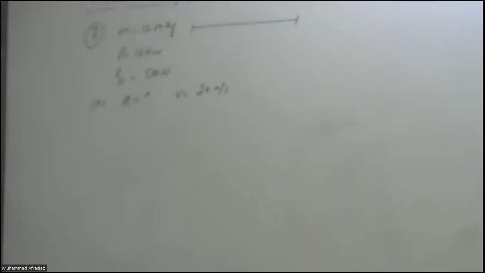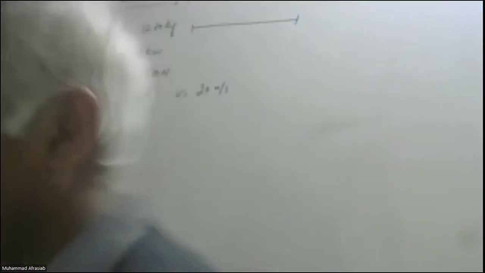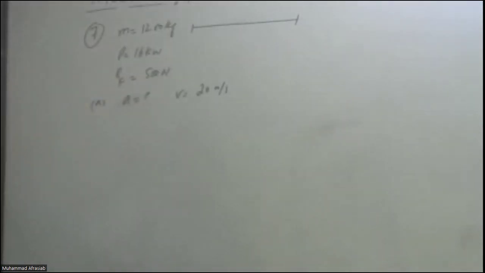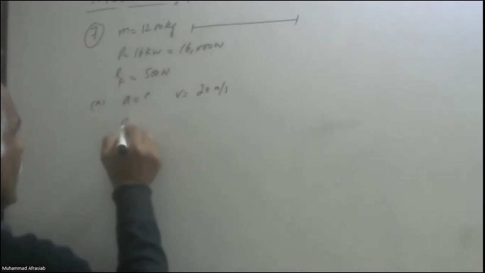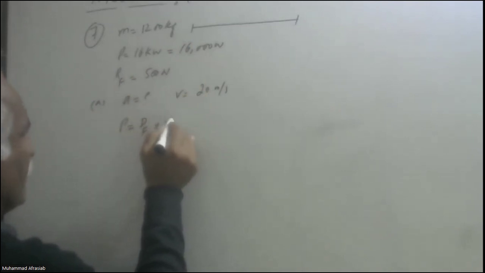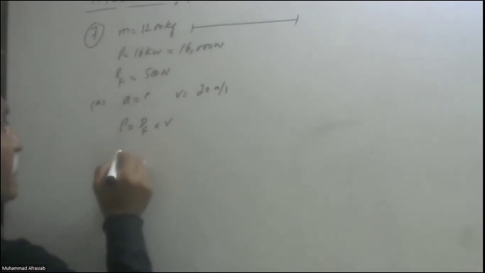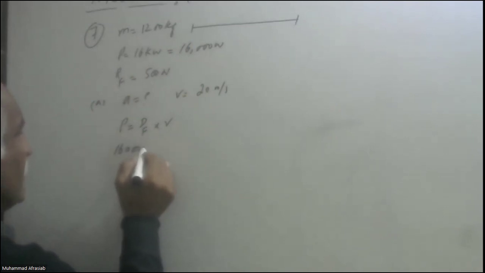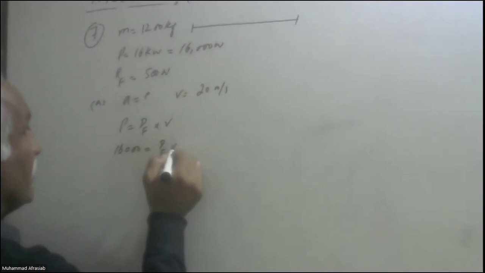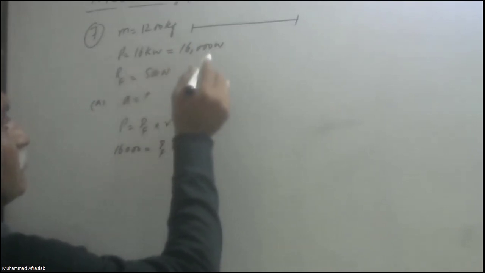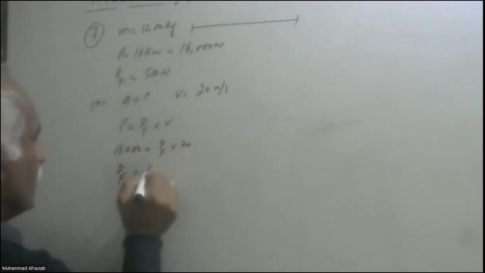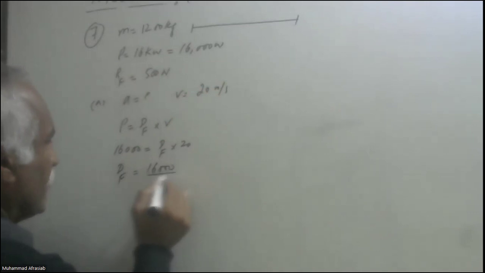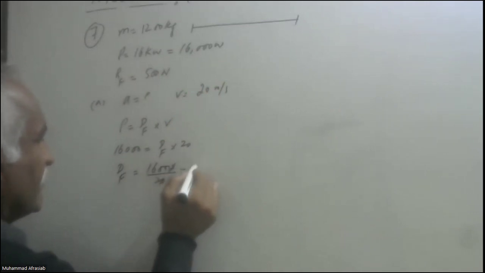We know that power is given, which is equal to 16 kilowatt. That will become 16,000 watt. But power is equal to driving force times velocity. Power is given there, 16,000. Driving force we don't know, and the velocity of that particle is known to us, that is equal to 20. So driving force will be equal to 16,000 over 20, or that thing is equal to